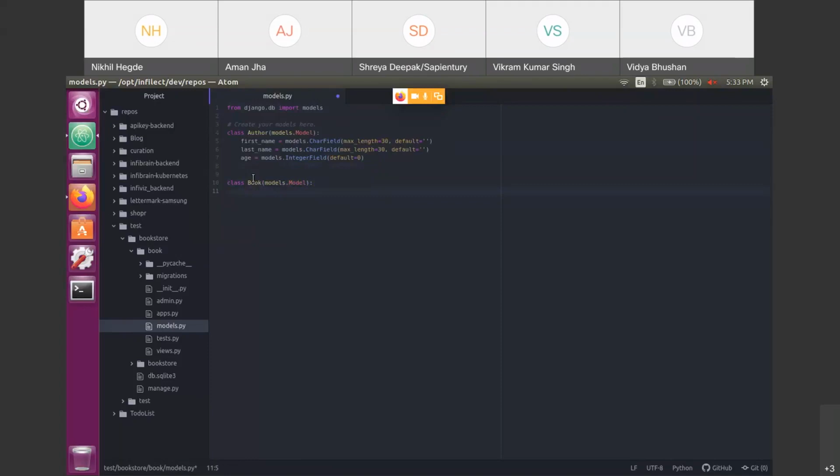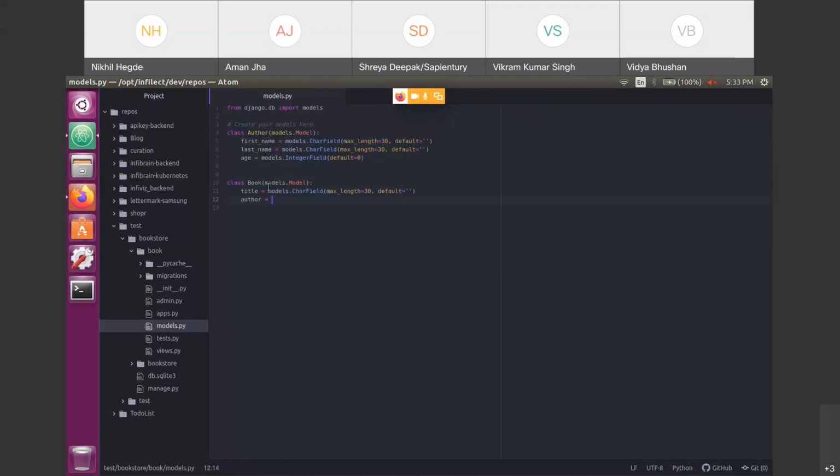First, the title of the book, then the author of the book. Here, we already have the author-related data in the author table, so instead of creating all of this again, you can just take a foreign key from Author to this table.